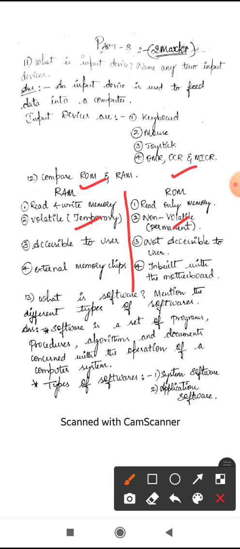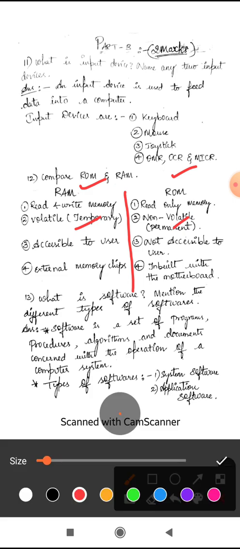So what is the third difference? RAM can be accessed by the user. Whenever you open the back cabinet of the CPU, there is a motherboard inside the CPU. From the motherboard you can plug out the latches and take out the RAM.